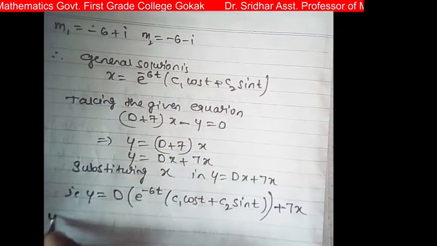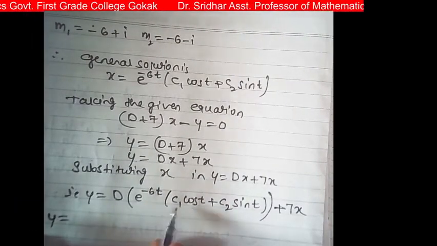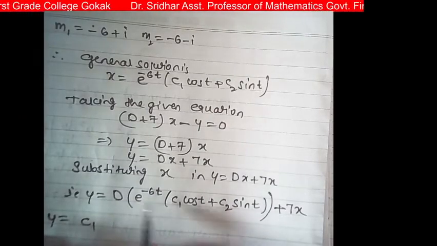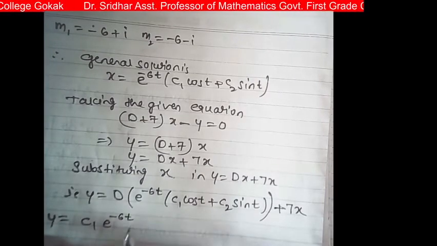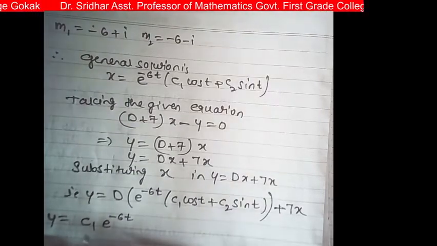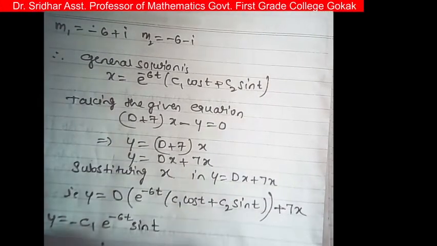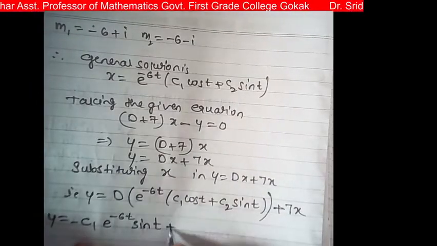Next, y is equal to, now we have to differentiate these things. Here c1 is constant. Now here we apply the product rule. First, e raised to minus 6t, keep it as it is. Differentiation of cos t is minus sin t. So I have written minus here, minus sin t. Then plus